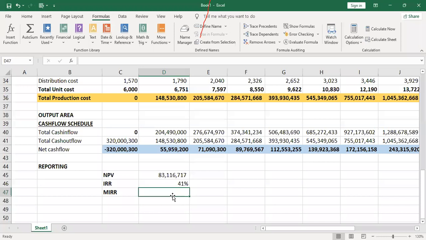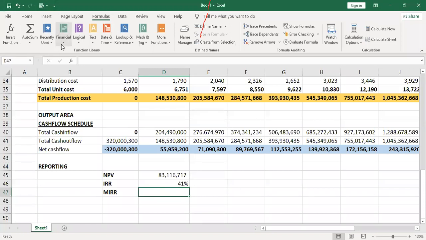Net cash flow. Good. So MIRR, remember I said MIRR is the modified internal rate of return. IRR assumes that when you generate these net cash flows, for example, in year 1, 55 million, you reinvest the cash flows at 41%. Yet in most cases, the reinvestment rate in the economy is different. So press the cursor here, go to